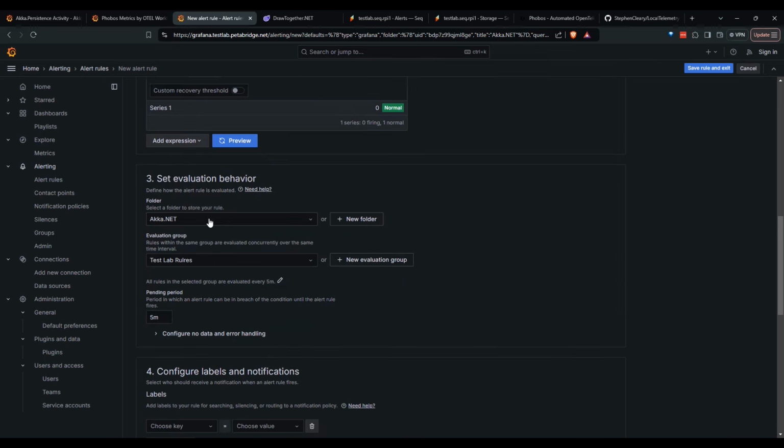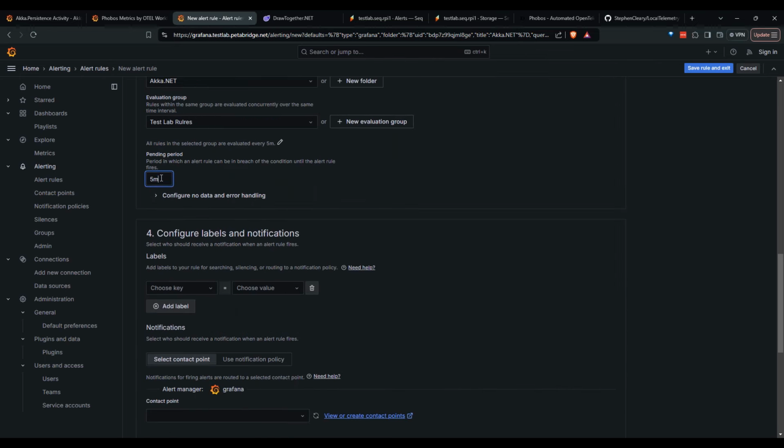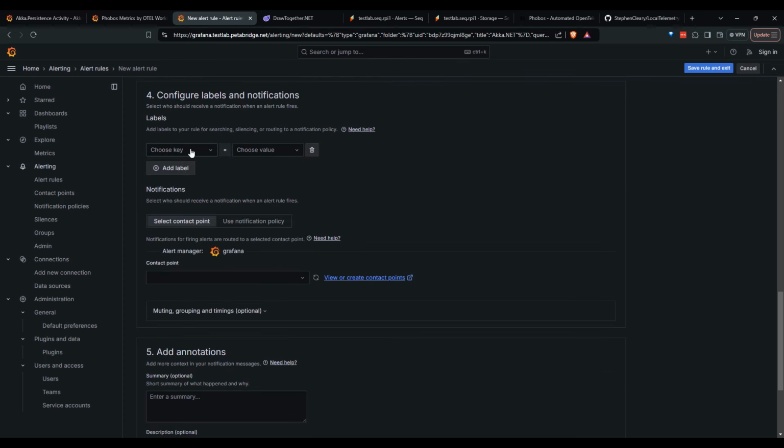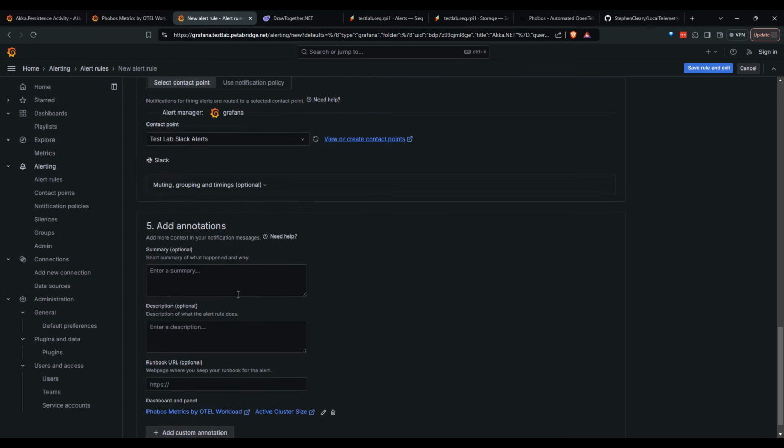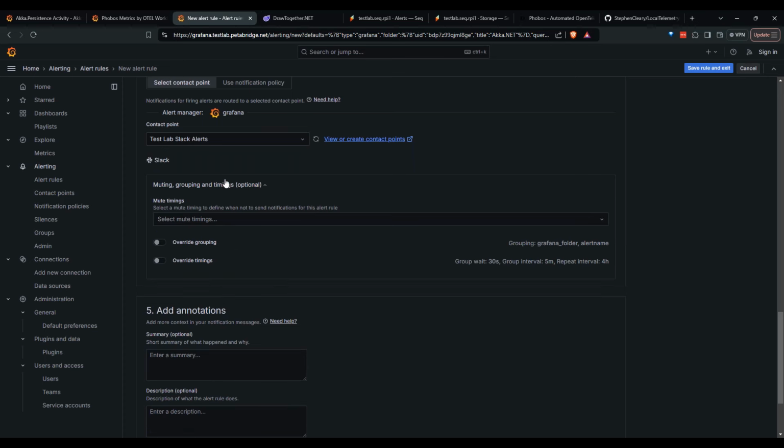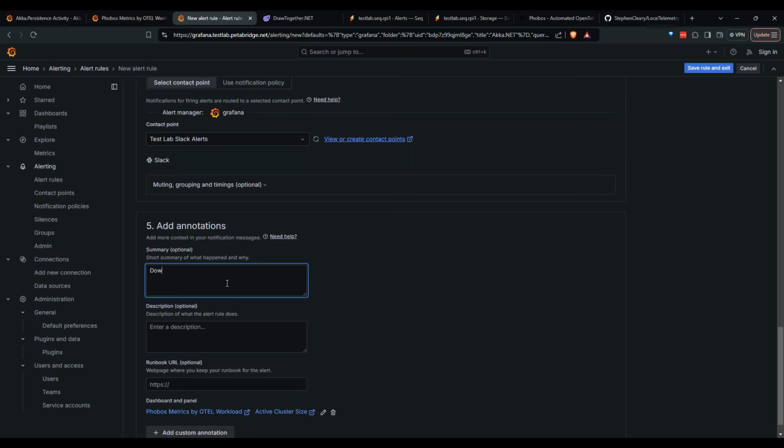Then we're going to go ahead and stick this in our evaluation group. We'll go ahead and evaluate this once every minute. And I'm going to go ahead and have this fire into our Slack. And I can go ahead and set some timings on this if I want to. I won't customize that for now. We'll say idle CPU, x64, downed nodes,